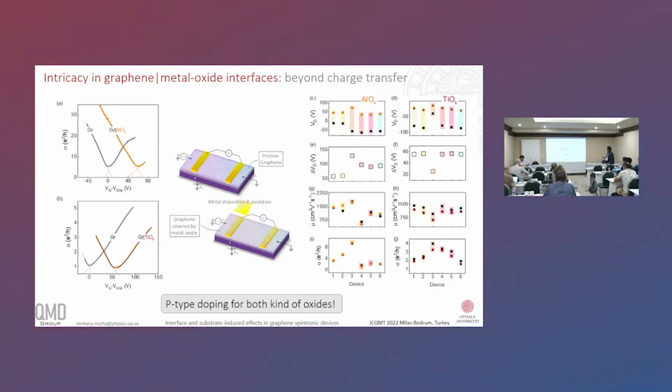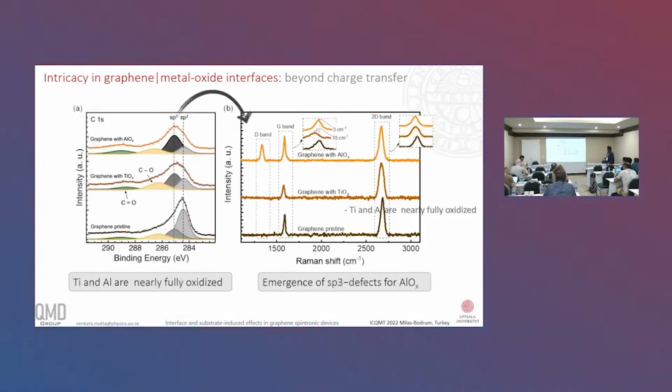But despite these things, we tried some complementary experiments like photoelectron spectroscopy to determine if these oxides are fully oxidized. And what we see from the energies where we can expect this to happen is that the titanium and aluminum are nearly fully oxidized. At the same time, we could also pick up some sp3 contributions in the case of titanium and aluminum oxide that are dominant compared to the